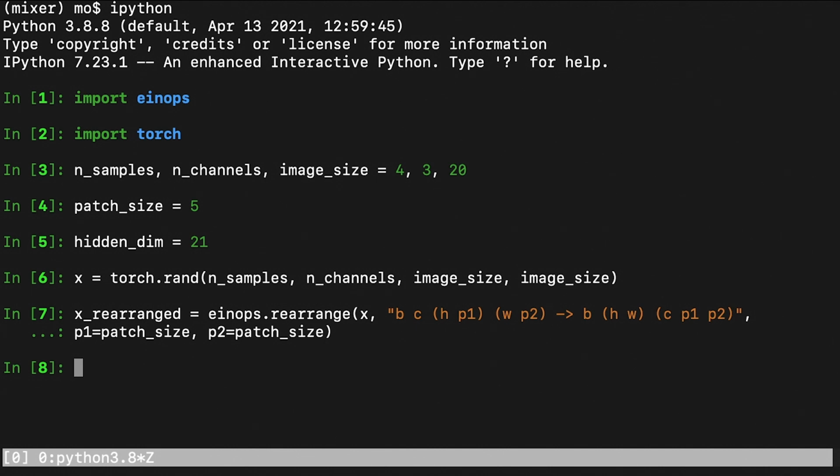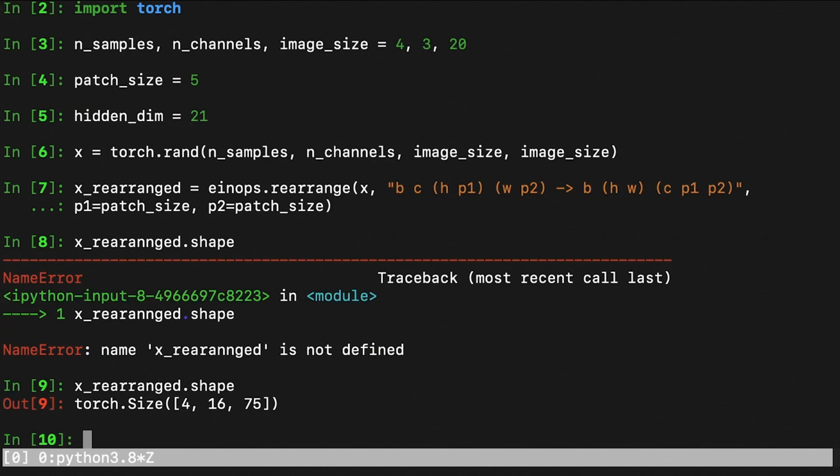Note that after this rearrangement we will have a 3-dimensional tensor. First dimension is the samples, the second dimension represents the tokens, and the third dimension represents the flattened patches together with all the channels. And as you would probably guess, we actually want to take this last dimension and apply a linear mapping to it, and thus performing the embedding.